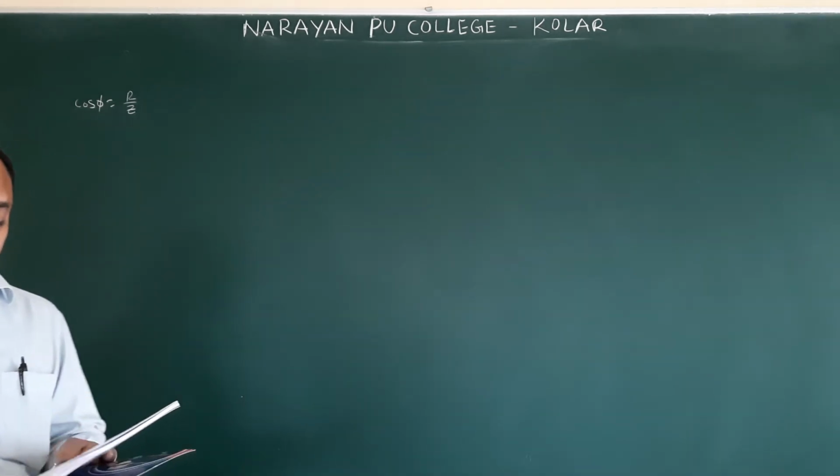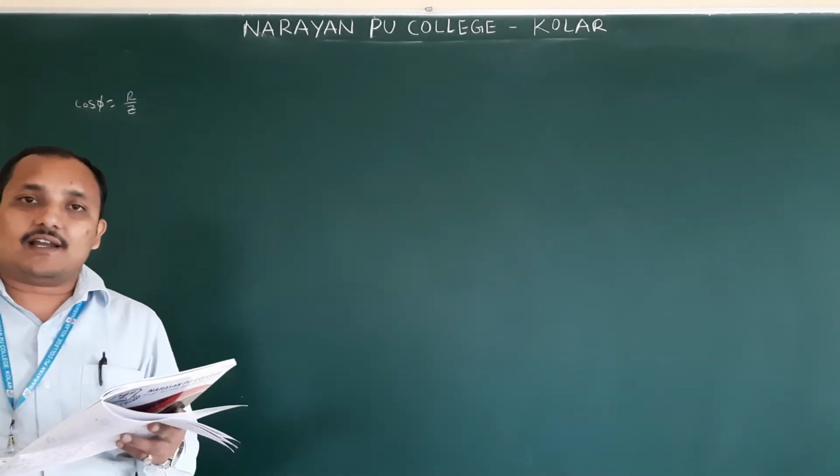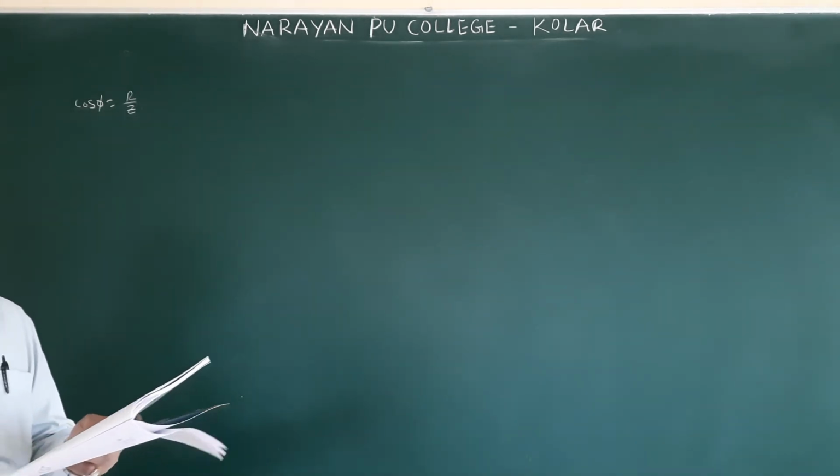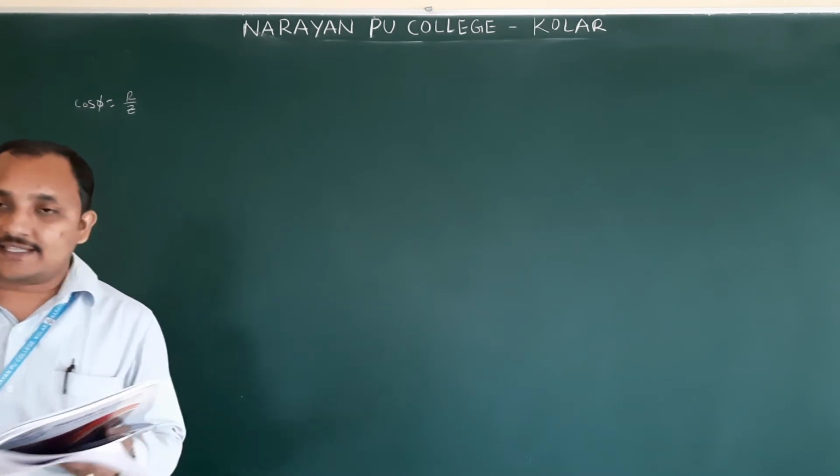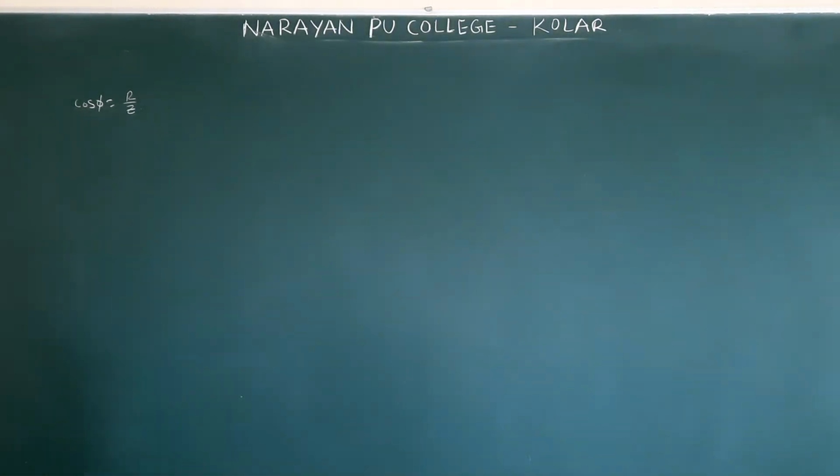Power dissipated. Half should not be there. It is only Vrms, Irms, cos phi. Remove half there. Next, the phase difference: tan inverse of XL minus XC by R. Okay, that is a theory question. Already we discussed it in PU. Next, question number 16.